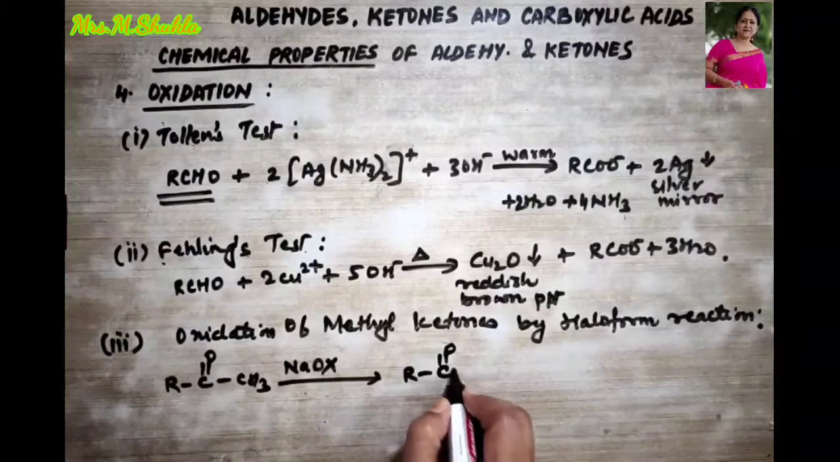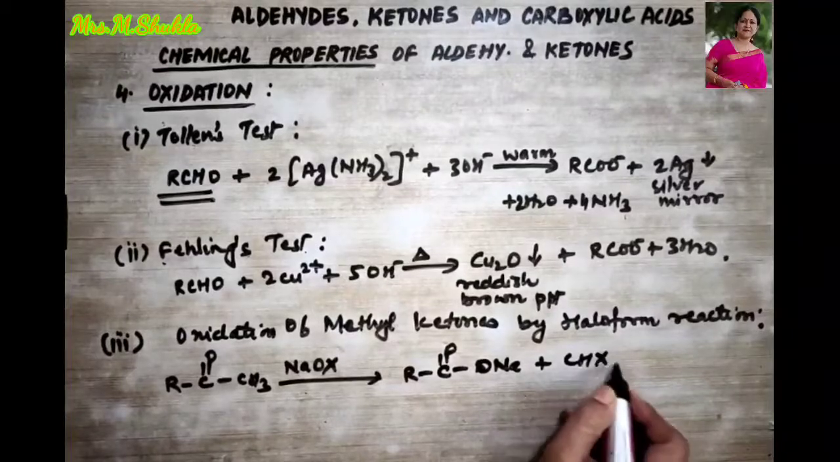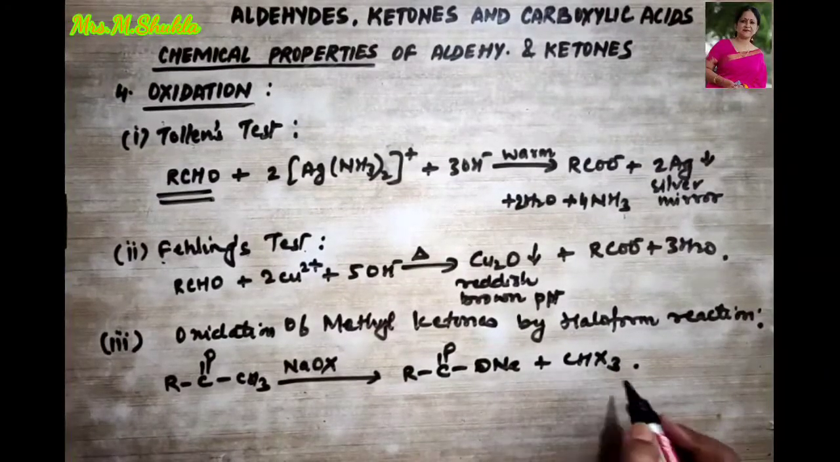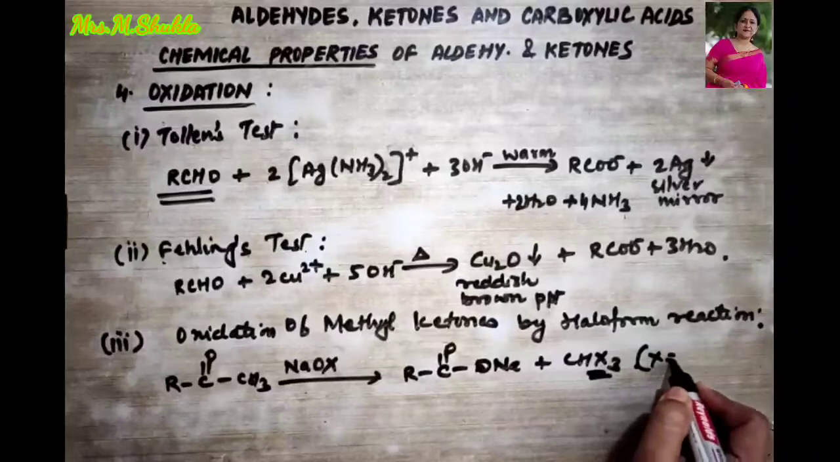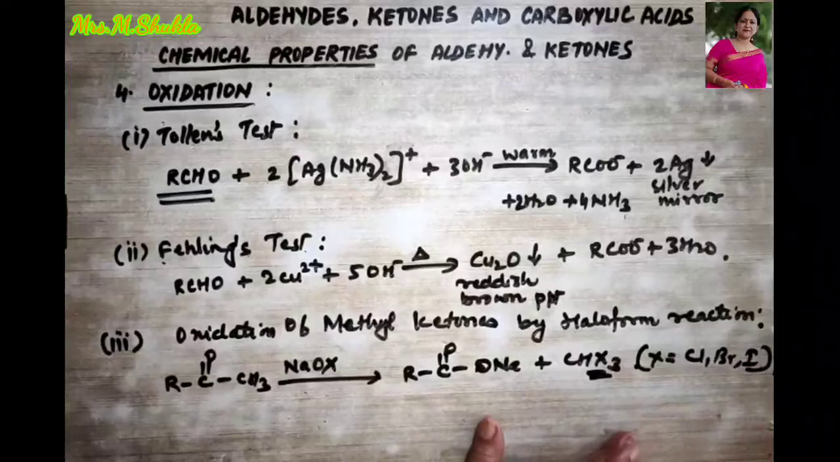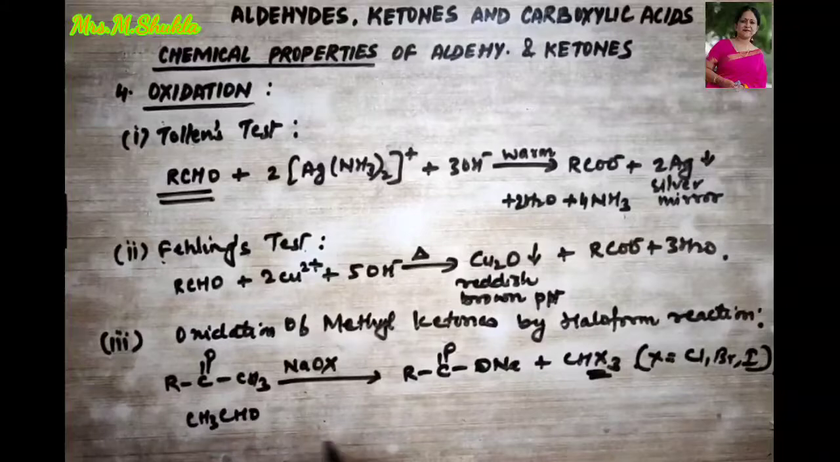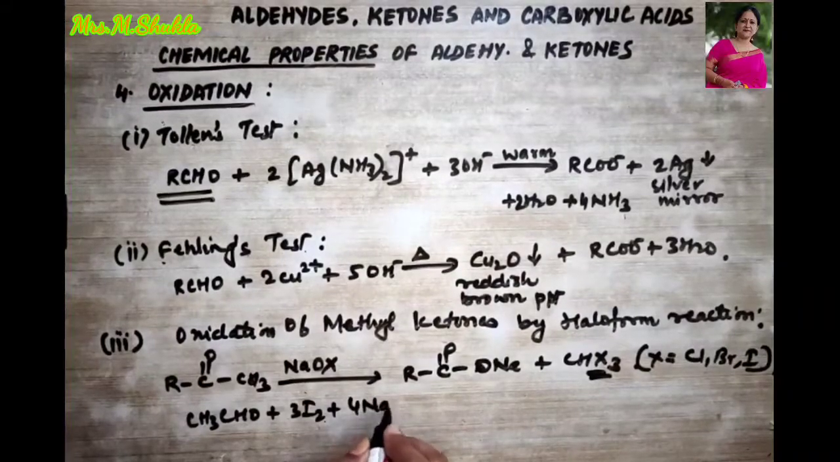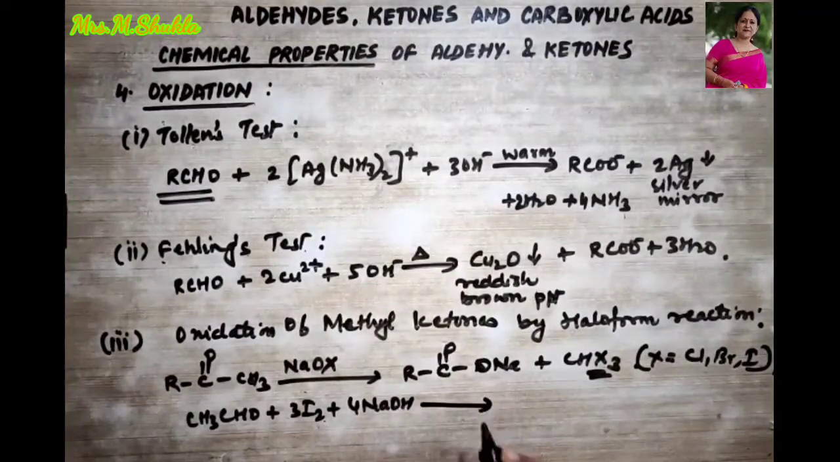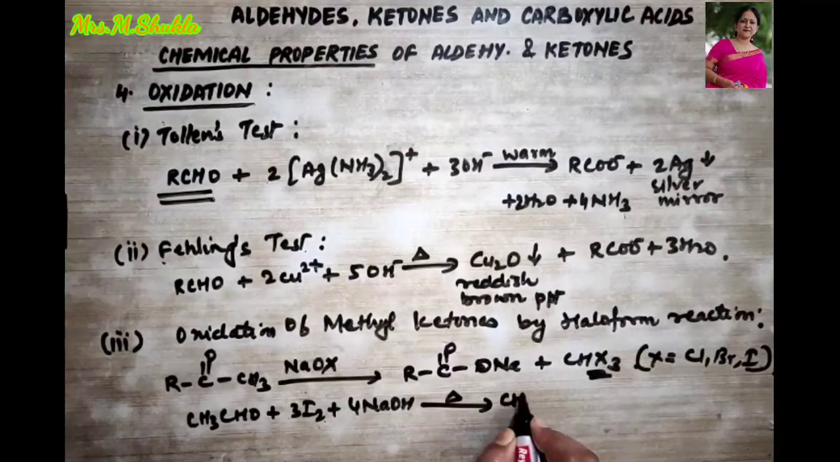RC double bond O, ONa plus CHX3. Over here the X could be chlorine, bromine or iodine. It can be any of these. Let's take an example like CH3CHO treated with iodine. If I treat it with iodine and sodium hydroxide on heating, what is it going to give us? It is going to give us CH